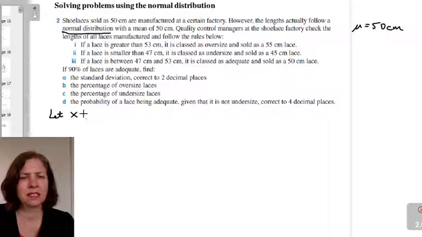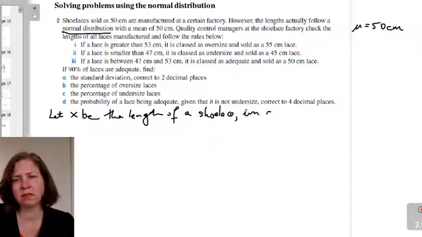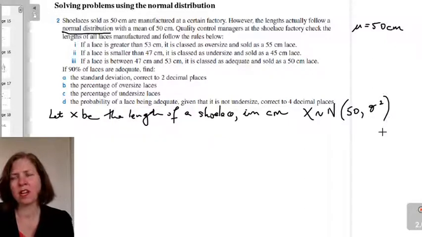So the first thing I need to do is define my variable. Let x be the length of a shoelace, measured in centimetres. And therefore I know that x is normal. As I'm told in the question, x is normal, the mean is 50, standard deviation and variance